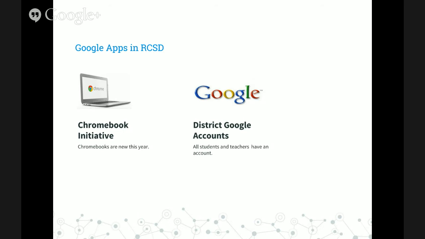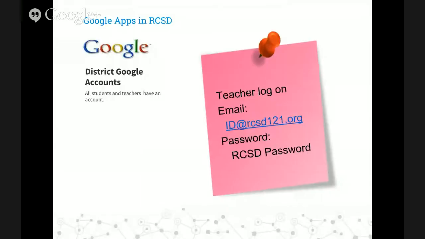The way we have this set up is this is an overview, and then the specifics will be within the class in e-learning. If you haven't used your Google account yet, it is your ID at rcsd121.org, and then it's your district password.